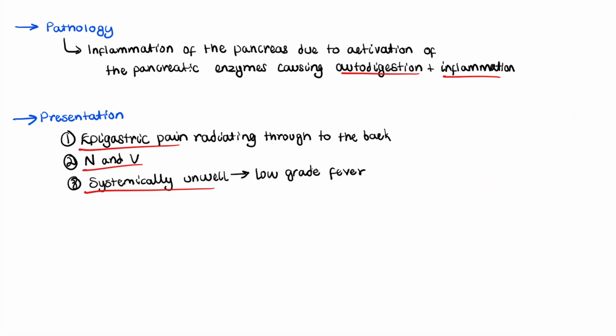So now covering the pathology and presentation. The pathology is pretty simple. It's inflammation of the pancreas due to activation of the pancreatic enzymes causing autodigestion and inflammation. Basically what happens in certain causes, for example, if a gallstone blocks the sphincter of Oddi, it can